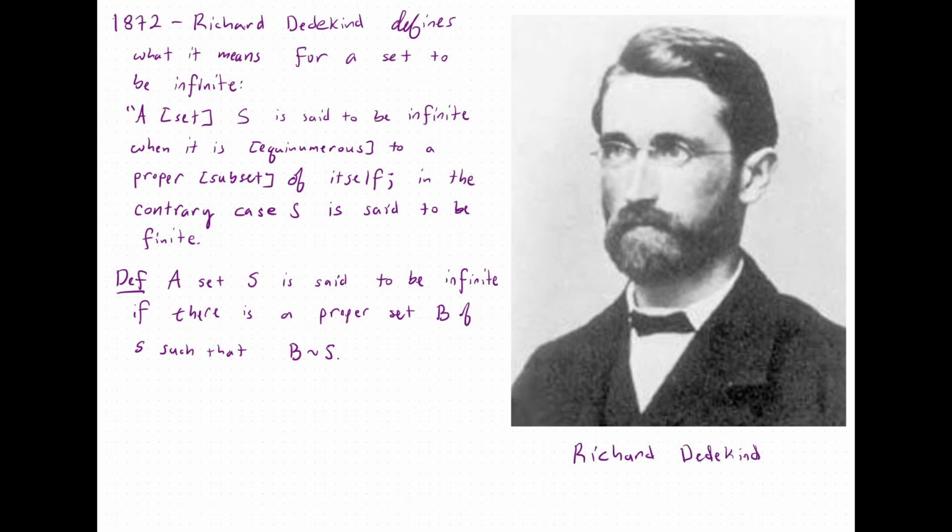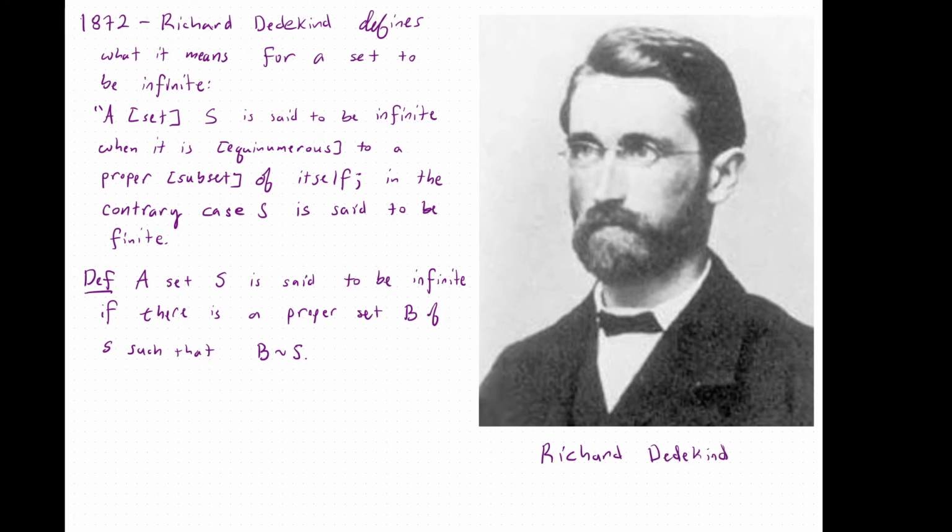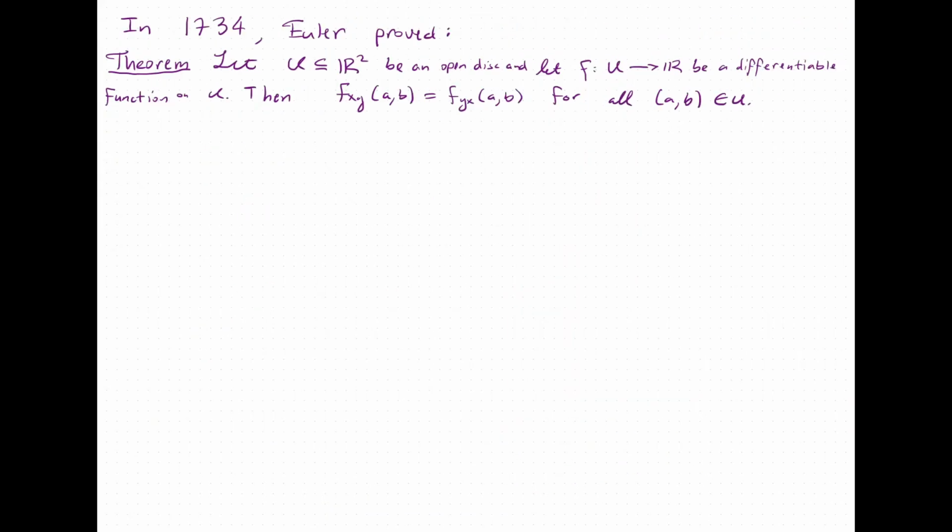Now, to showcase this aspect of what I mean by results being proven on intuition, let me consider one example from calculus that you have seen. In 1734, Euler proved the following. If U is a set of R2, and specifically U is an open disk in the plane, and f is